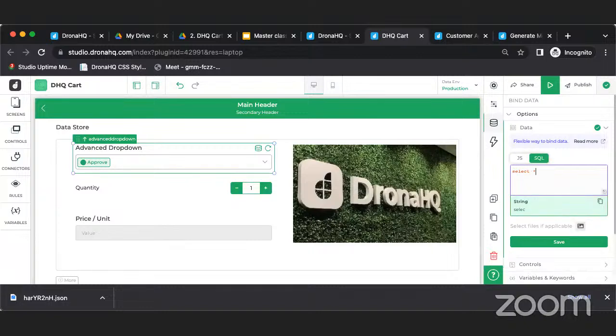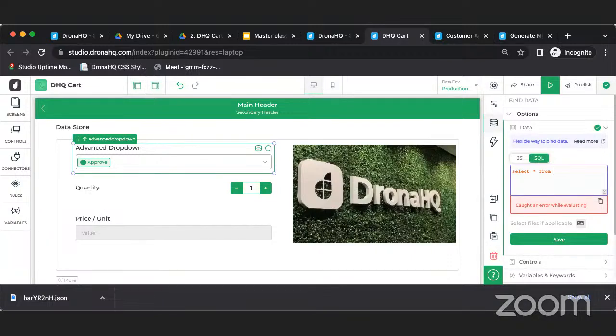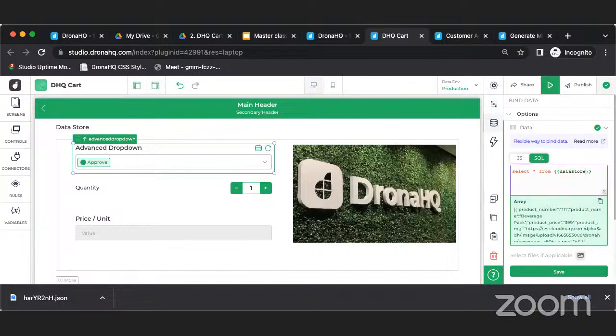So select star from. Now the control is there, right? The data store control, you can add it in double curly braces. Like this, any controls or variables you can add over here in the data builder using double curly braces. Here you can see it automatically shows the resolved values. And once I save this,